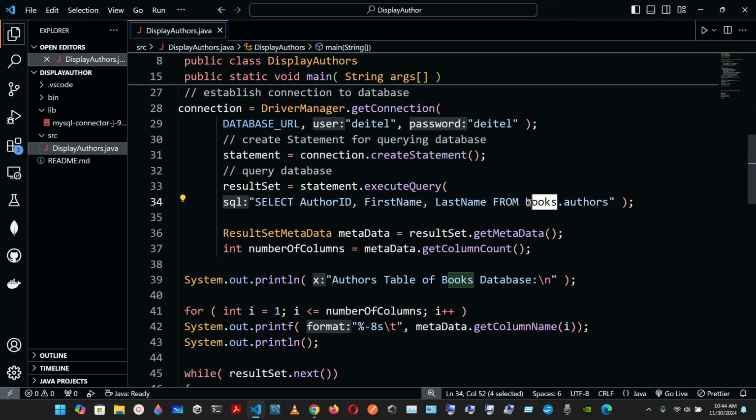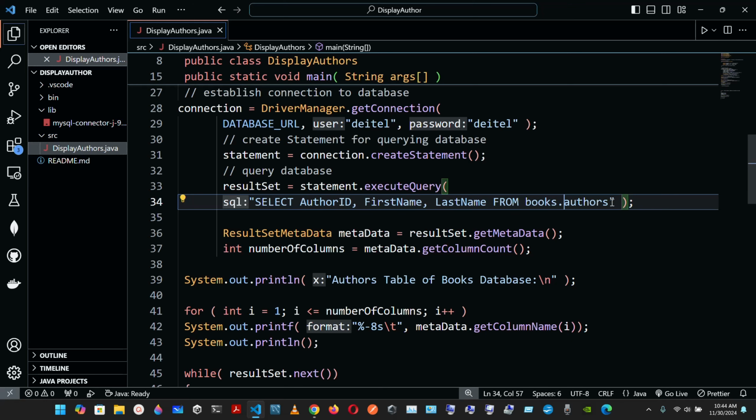Books is the schema of the database, and authors is the table. So it connects to the books database, queries the database, displays the results of the query, and